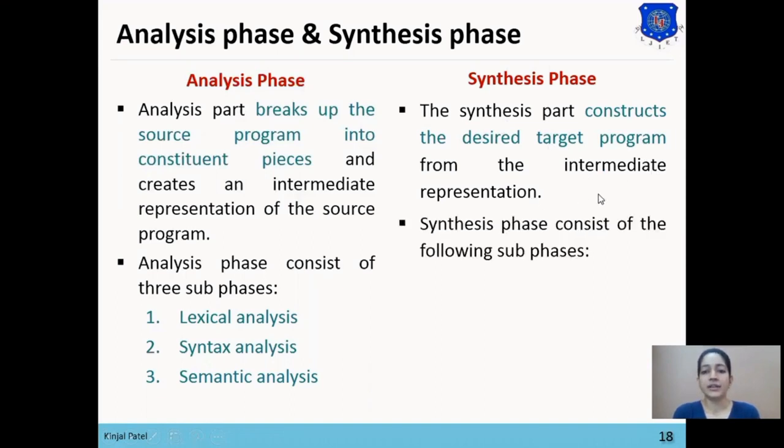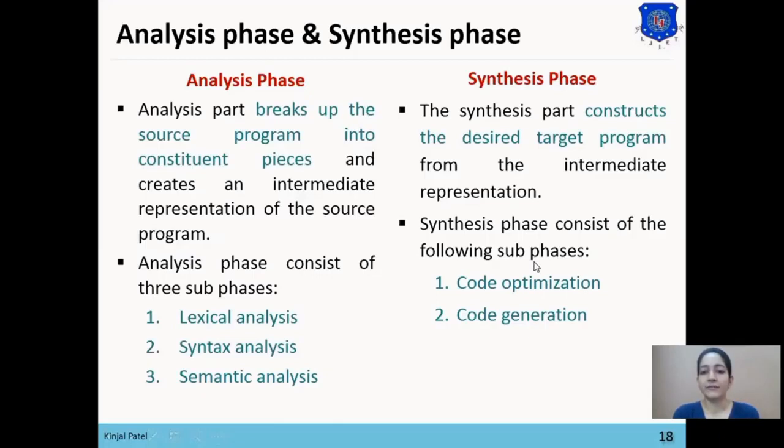The synthesis phase consists of two sub phases. First one is code optimization and second one is code generation. So there are a total of 6 phases in the analysis and synthesis phases. First are lexical, syntax, and semantic, and then the output of these 3 phases is stored in an intermediate representation, which is our 4th phase, and then that intermediate representation passes the output to code optimization.